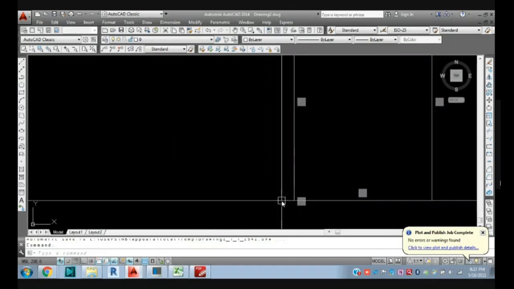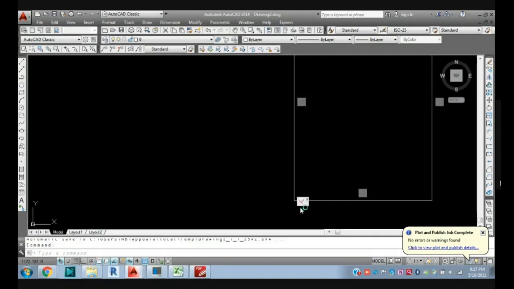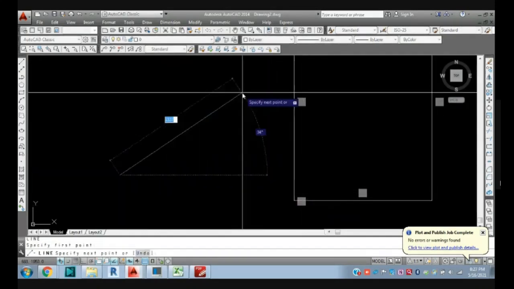Suppose as per our project manual, whatever our building shape, the left bottom corner of any building will be at 0 comma 0. Just consider those things and do the drafting accordingly.